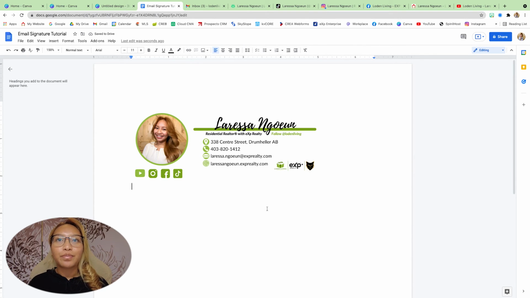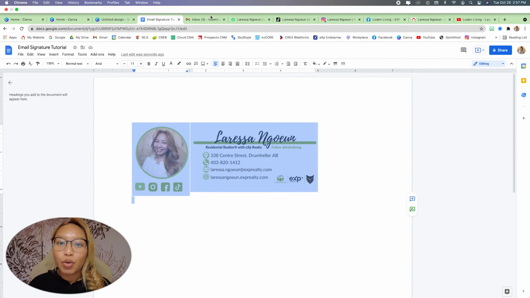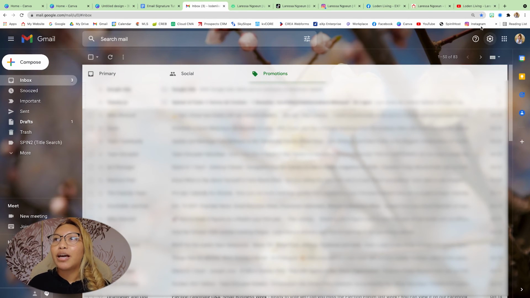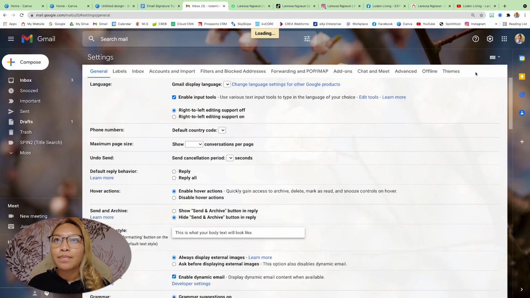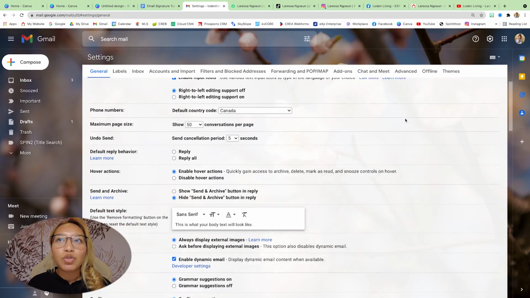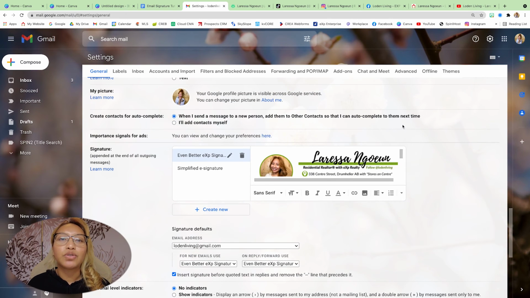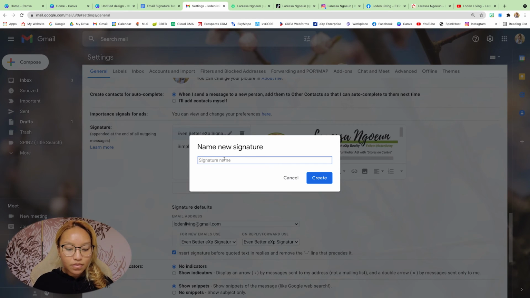Now from here we are going to copy this, so select the whole thing, Command or Control C, and this is where we are going to go into our Gmail settings. So go to your Gmail. In the upper right area, you want to click on your settings. So we just want to scroll down all the way to the email signature settings right here. So create new email signature,